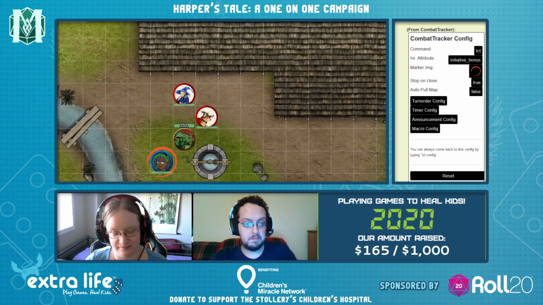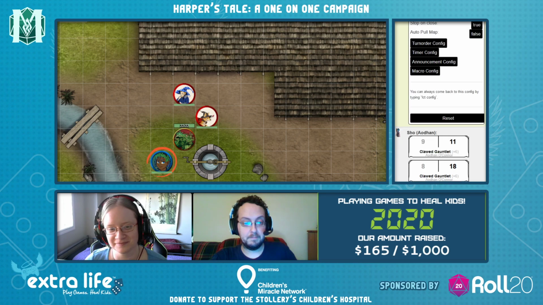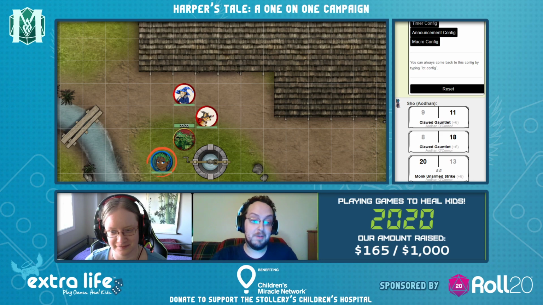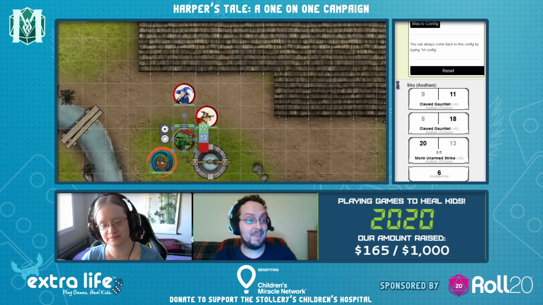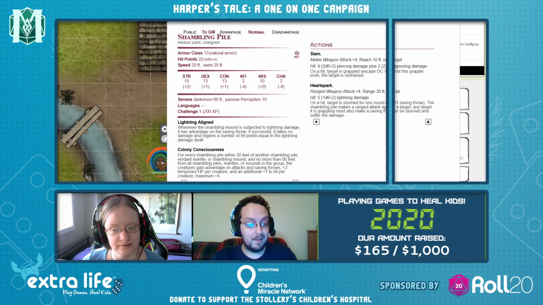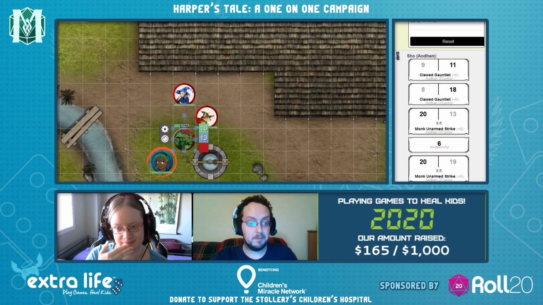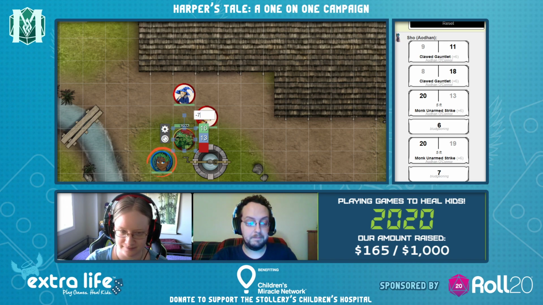Gonna punch him. For an 11. Misses. Oh, I don't get another one. Sorry, I meant to do my unarmed, so a 20. 20 hits. For 6. So I guess I kick it. Okay. And then, you know what? This is worrying me, so I'm gonna use a flurry of blows to do one more. For another 20. Hits. For 7. Alright. So it's got...